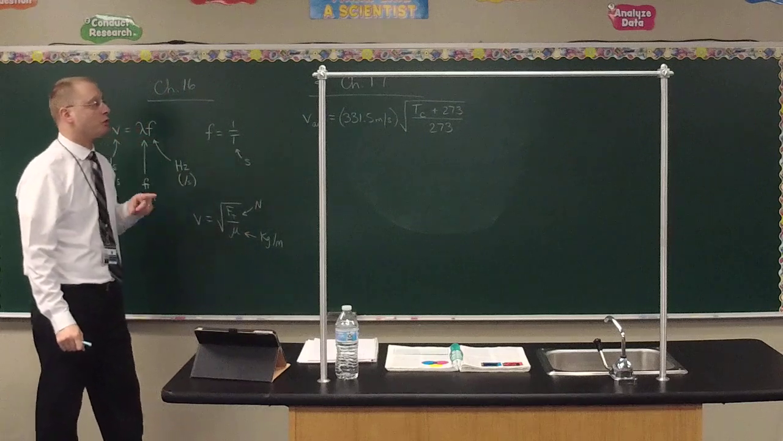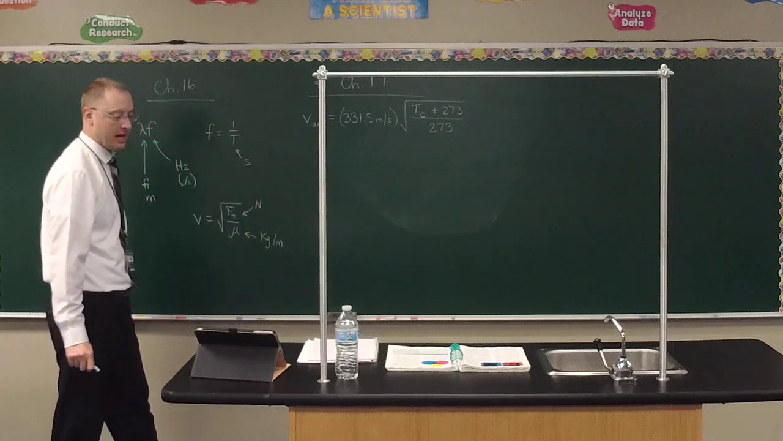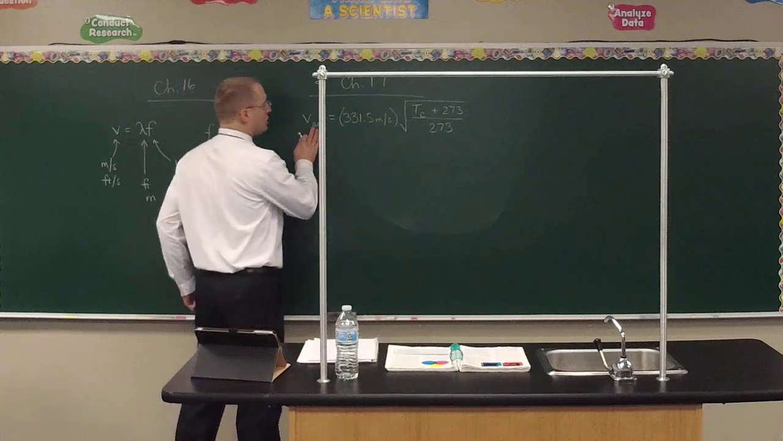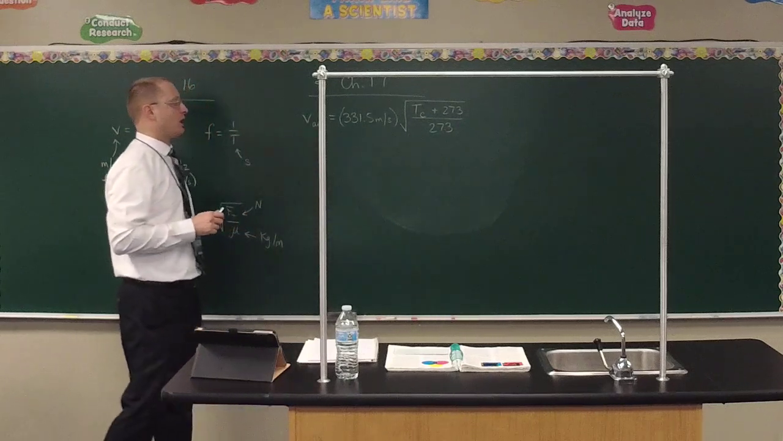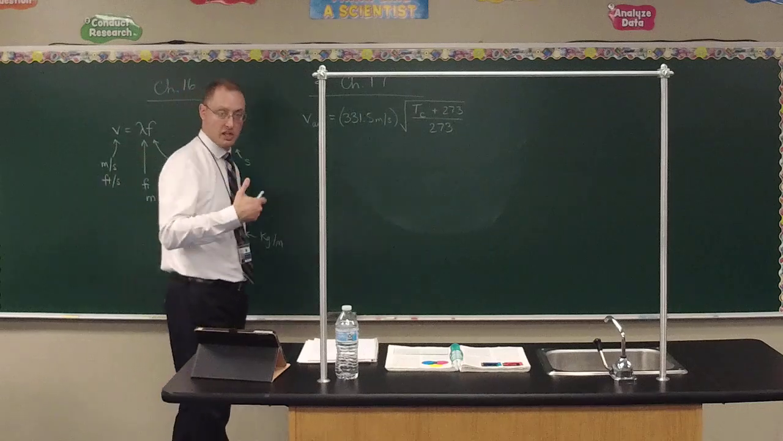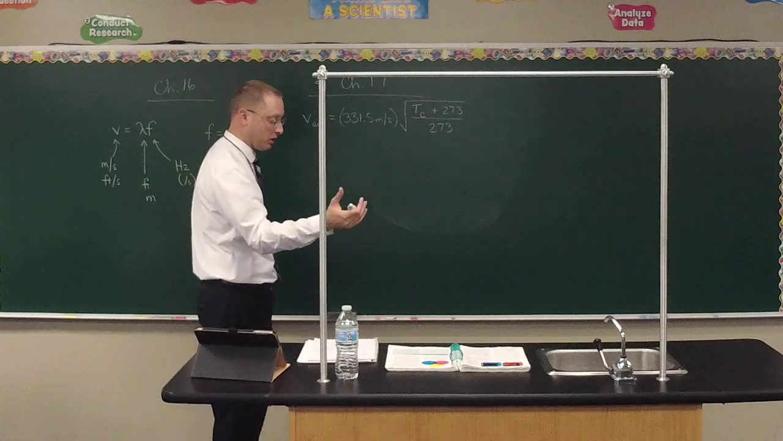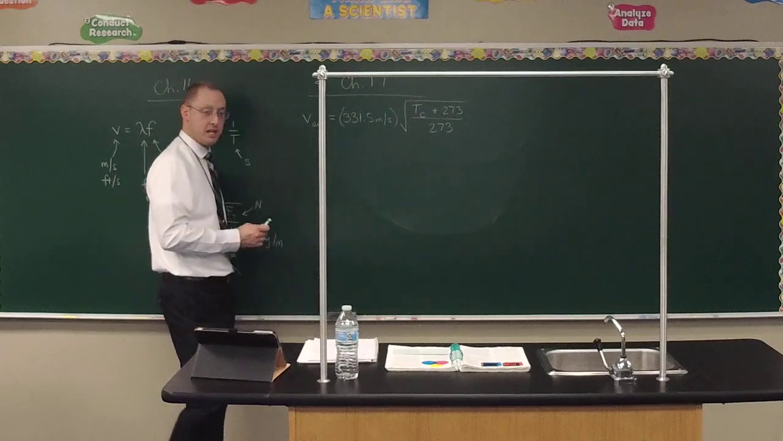The square root of that times 331.5 gives you your speed of sound in air. We could use the speed of sound in air to help us do some math related to the shift in frequency of sound as an object is moving or an observer is moving. We call that the